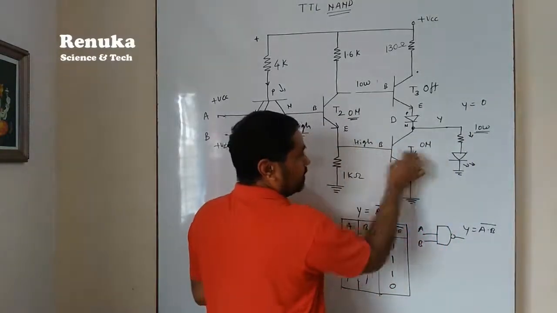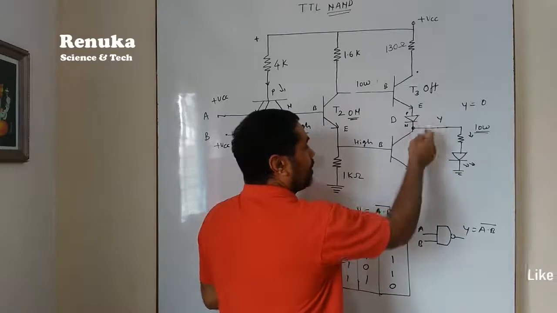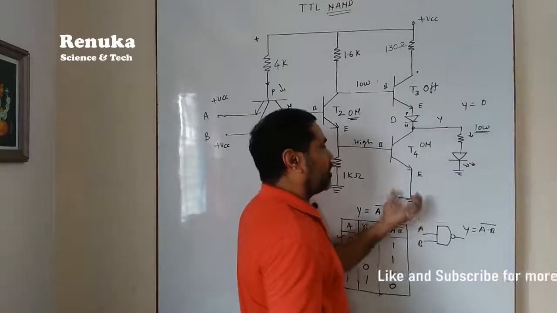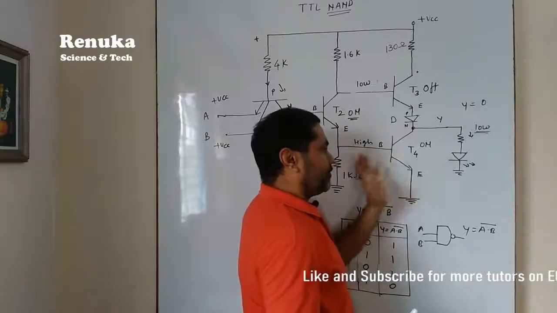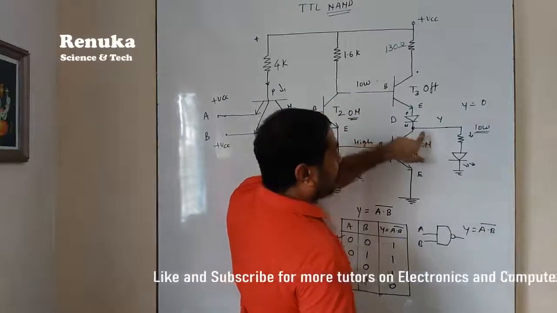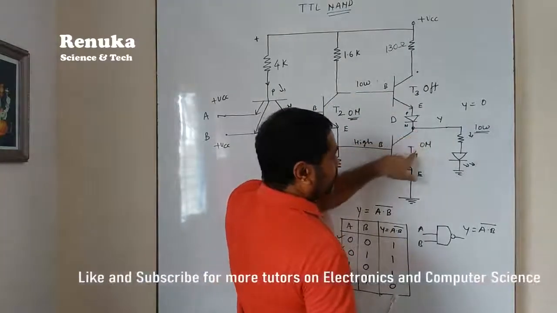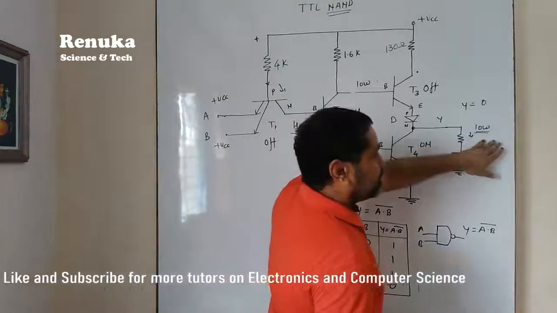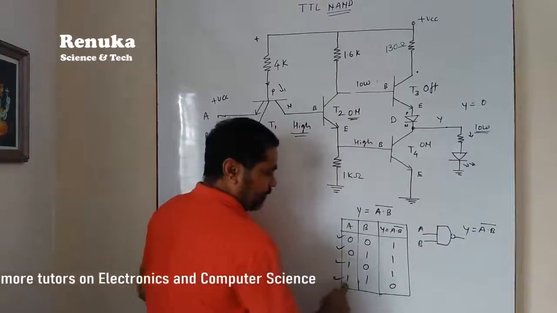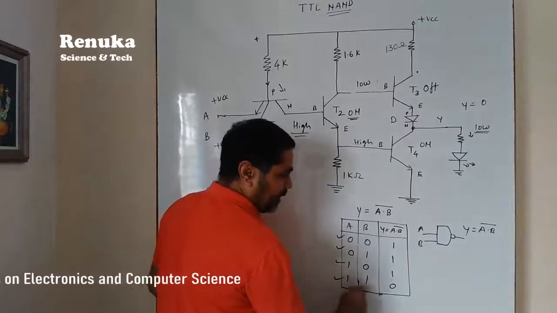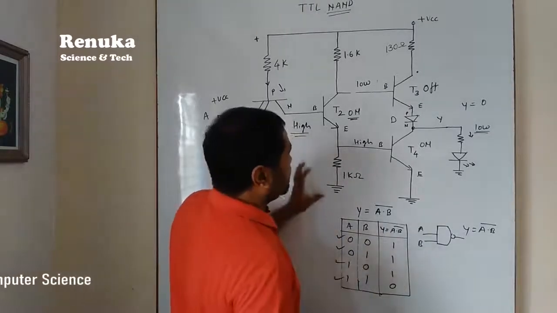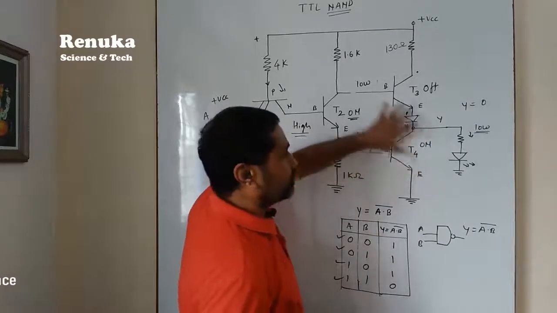Here in this case, this transistor is on, but there is no current, so it is meaningless whether the current will flow towards the ground, or whether it is on or off. Okay? Because no current is still coming at the collector of this transistor, output is again 0. So the last condition is also satisfied. Both inputs are high, output is low.